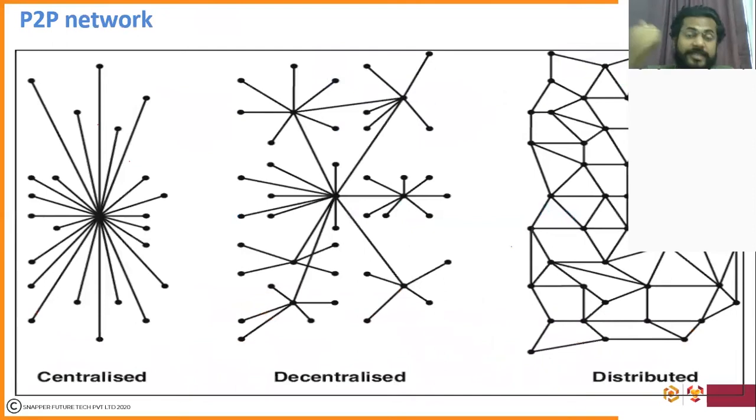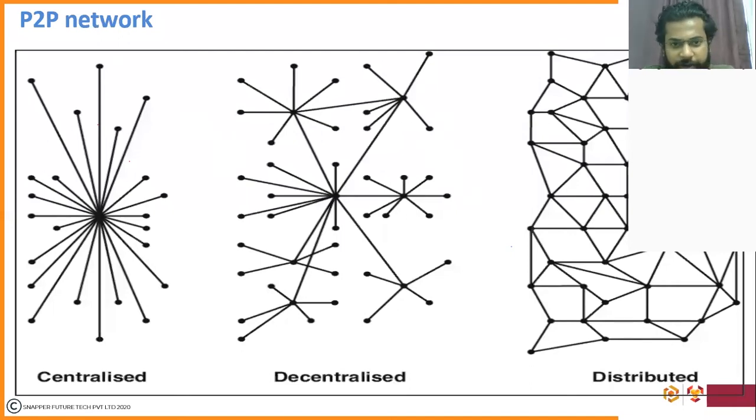Okay. Now let's come to the first aspect, that is the network architecture. So as I've been stating, it should not have any kind of central entity in between. Okay. So if we are Satoshi Nakamoto and we want to implement Bitcoin, what sort of network topology will we be using?